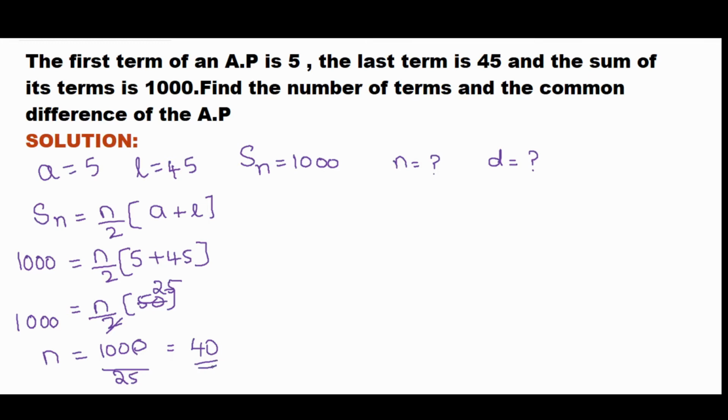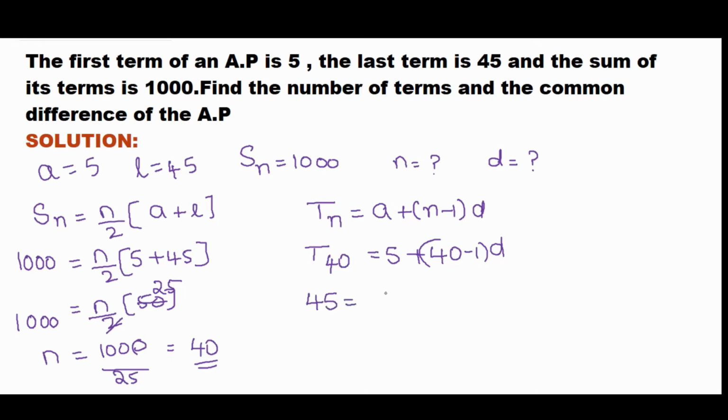So first thing, we have found n. Now I need to find the common difference. To find the common difference, I go with the formula Tn is equal to A plus n minus 1 into D. We know in this sum we have 40 terms, and in the question they have mentioned the last term is 45. So therefore I can take T40, and the T40 value is nothing but 45. And A is already known, fine. And the n value we have found just now, that is 40, and the only unknown term is D there. So T40 is nothing but 45 now, because it's the last term, which is equal to 5 plus